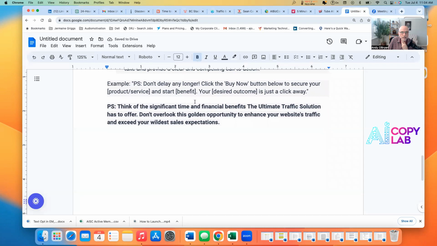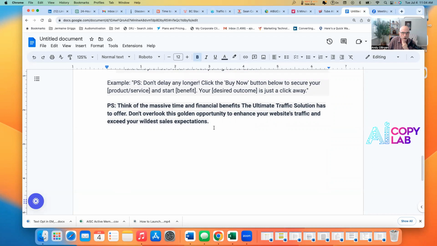Think of the significant time and financial benefits. Okay, think of significant, that's too many syllables, right? How about massive? Okay, massive instead of significant. We just saved 3 syllables, all right? If there's too many syllables, it's a turnoff.